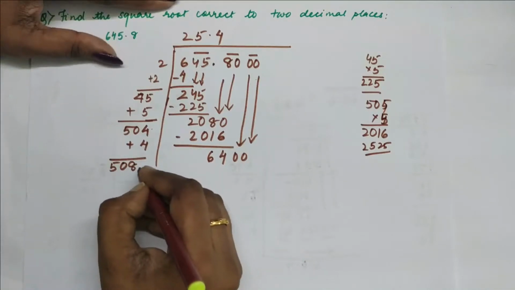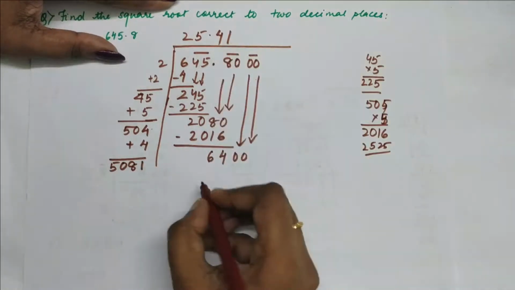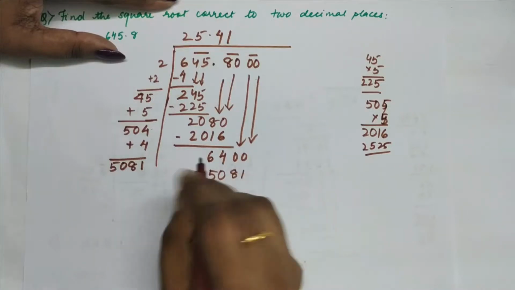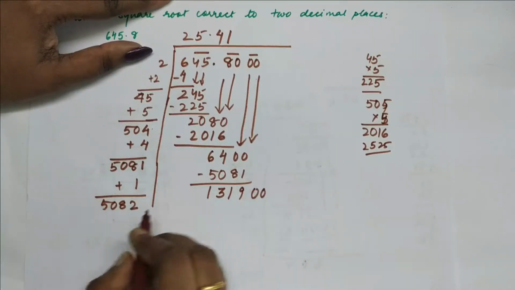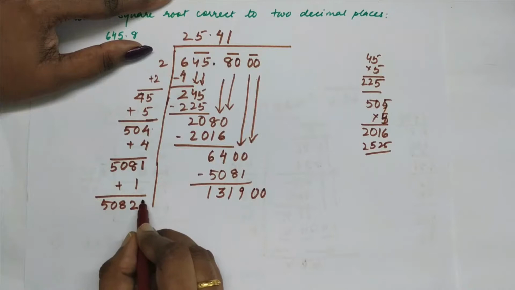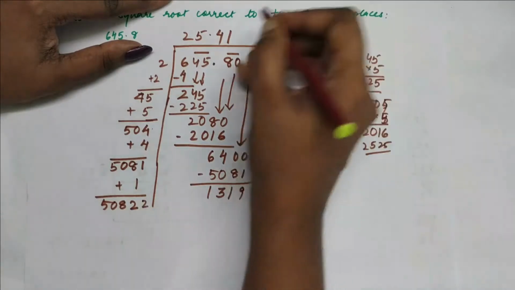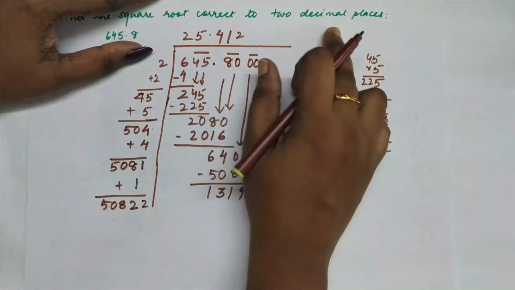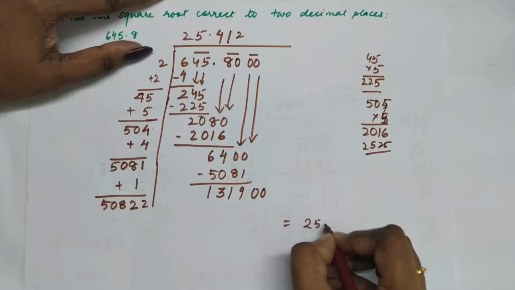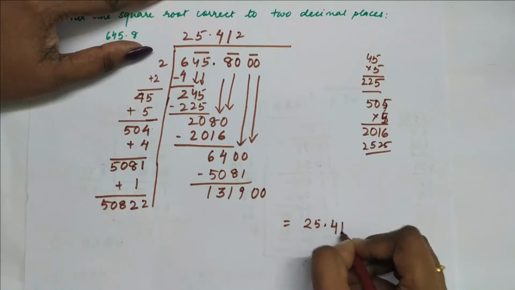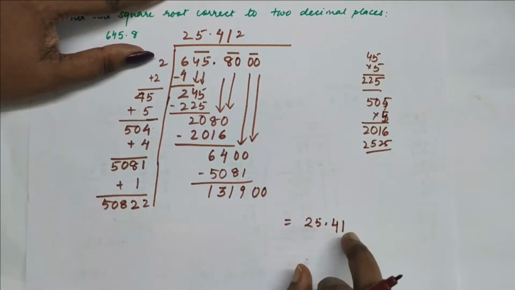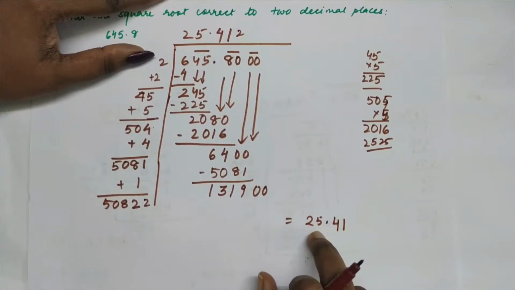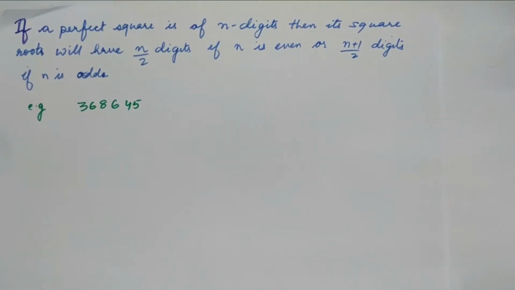So 8. Now we put, I think the best number is 1 because it will be obviously more than 1 if I multiply 2 here. 5082, and here obviously I have to bring down 2 numbers. So if I put a 2 here, that will come in 2s. So we need not do because we have to round off to 2 digit. So our answer is 25.41. Because the third digit is less than 5, I can just round off as 41. So answer is 25.4.